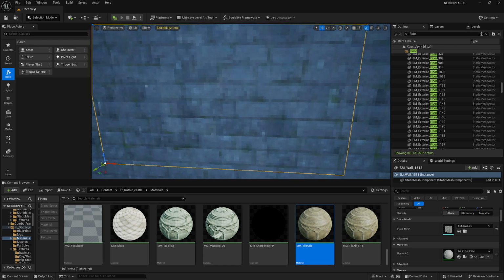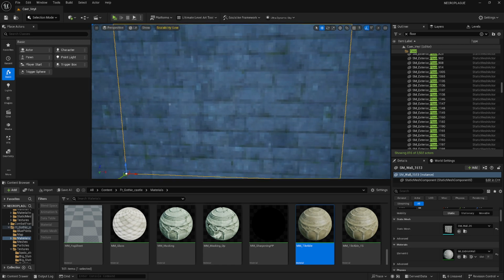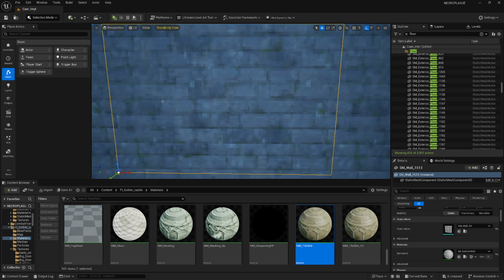So I'm working on a new tutorial, kind of a part 2 on downscaling textures, which will be up soon, probably next weekend,